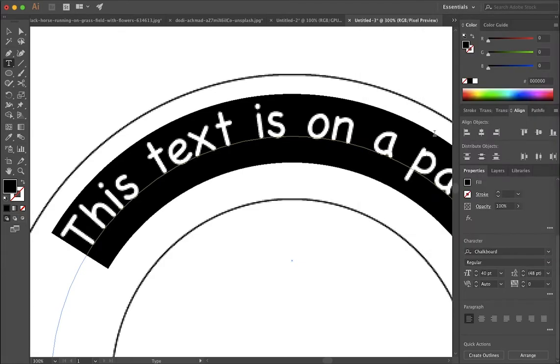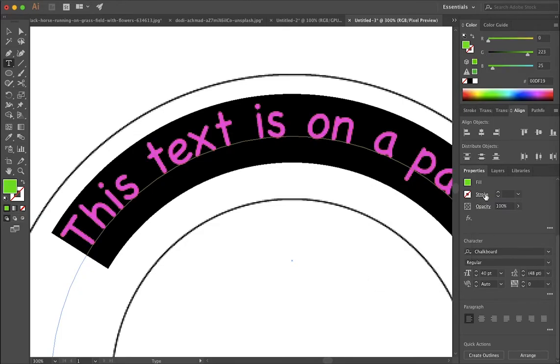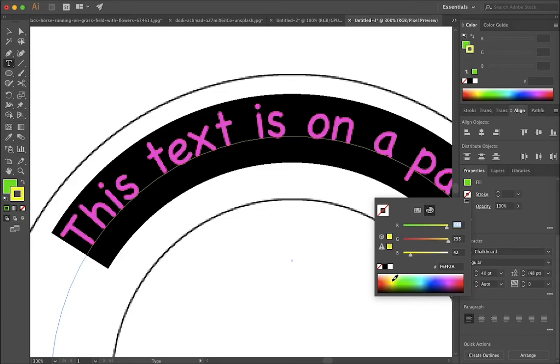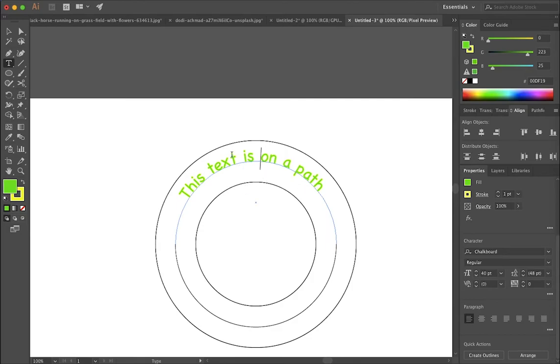So with this text on the path, like I said before, you can change the color of the text. You can change the stroke color of the text, right like that. And then we also have the ability, as we're working with this, in addition to selecting the text and editing this text, if we click on